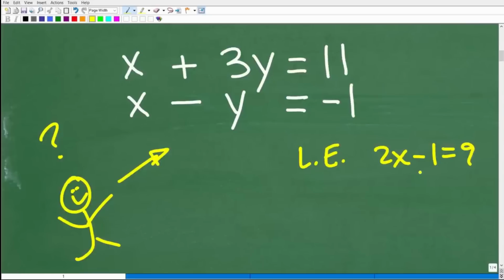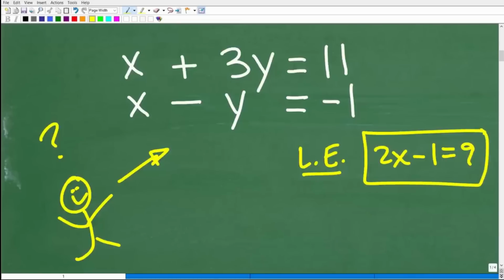Now, if you paid attention to what I said, this is a two variable system of linear equations. So we're like, hey, linear equations, but there's more going on here. Now, if you notice this equation, 2x minus 1 is equal to 9, this is a one variable linear equation. Here we have two variables. All right, so I'll get into this a little bit more in 1 second,